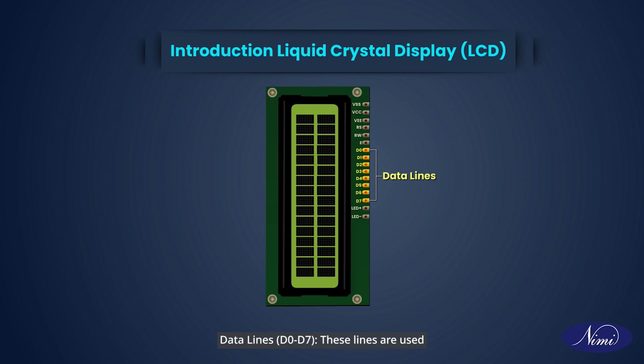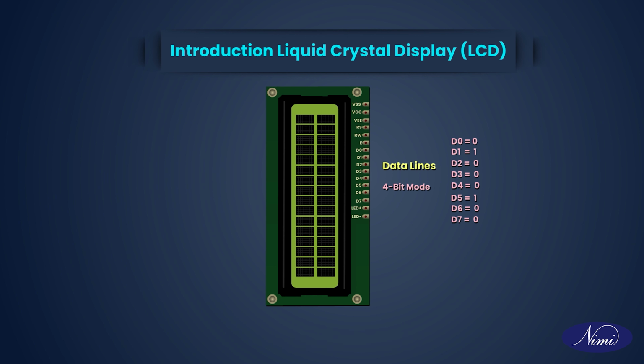Data lines D0 to D7. These lines are used for transferring data between the microcontroller and the LCD. In an 8-bit mode, all 8 lines D0 to D7 are used. In a 4-bit mode, only the higher order data lines D4 to D7 are used. When sending commands or characters to the LCD, the microcontroller sets the appropriate data lines to the desired binary values. These data lines are then latched by the LCD when the enable E signal is toggled, transferring the data into